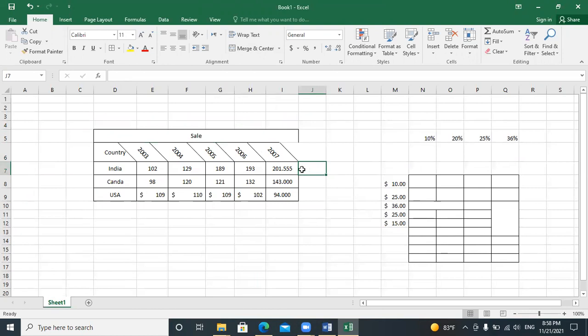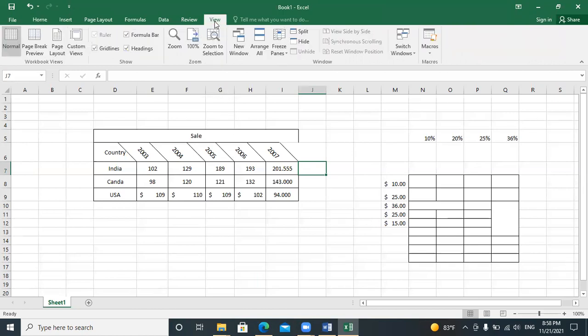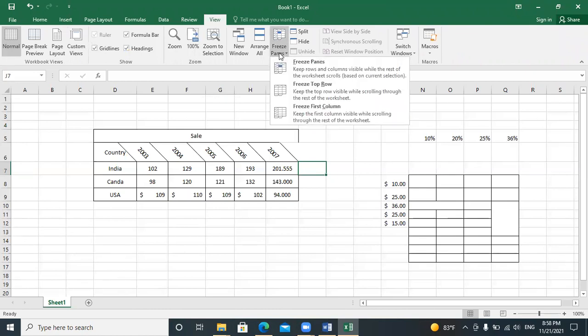So from this cell, I have 2 rows upside. After that, I will go to View, and from View, I have the option freeze panes. Here I have to choose the first freeze panes option. It will freeze both columns and rows at the same time, just by clicking the first option.